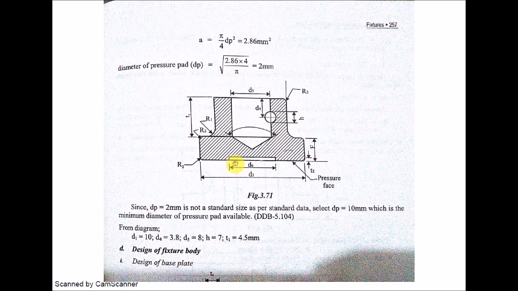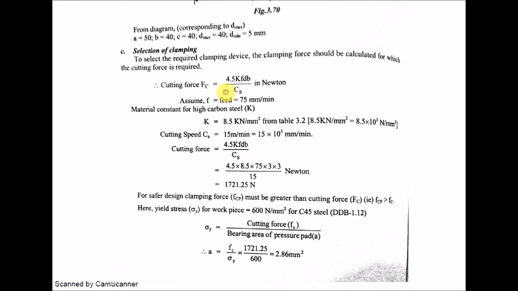Directly you can go for the selection of the type of pressure pad, or if it is specifically mentioned, for example, find the cutting force and the clamping force, then you have to work out this particular formula. That is, 4.5 into K, where K is the material constant, into F into D into B divided by CS, where CS is the cutting speed, and D and B values may be taken